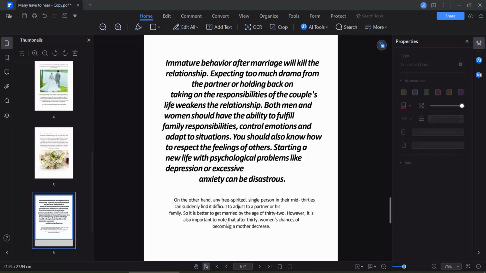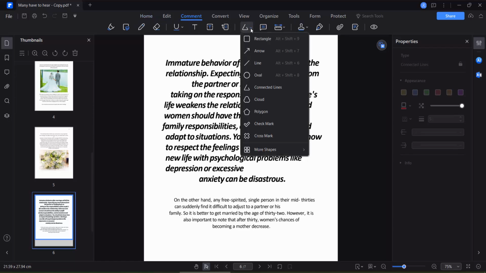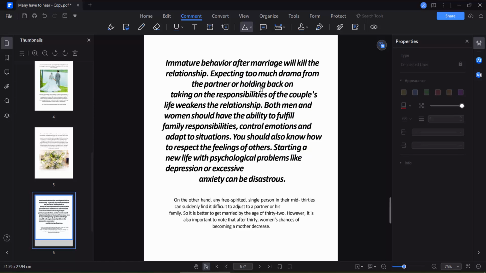Hello everyone, today I will show you how to insert a connected line shape in your PDF file using Wondershare PDFelement. Open your PDF file with Wondershare PDFelement and click on this Comment option in this menu bar, and click on this down arrow of the shape, and here you will find this connected lines option. Click here and select your connected line,